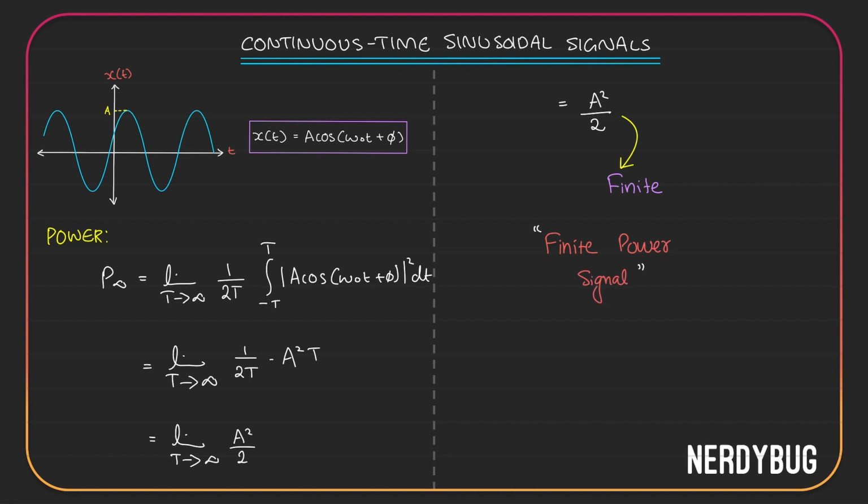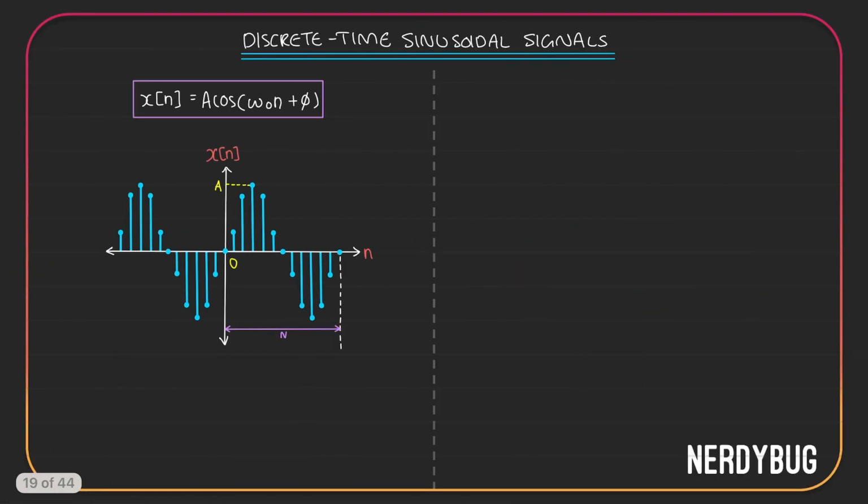Let's now move on to discrete time sinusoidal signals. A general representation can be x of n is A cos(omega naught n plus phi). I've given an example over here. We can see the envelope of this signal. This was the continuous time version of that signal. We took samples at equal intervals like this, and we got a discrete time sinusoidal signal. The maximum magnitude, as you can see, is A. And since it is repeating after N samples, N will be the fundamental period also.